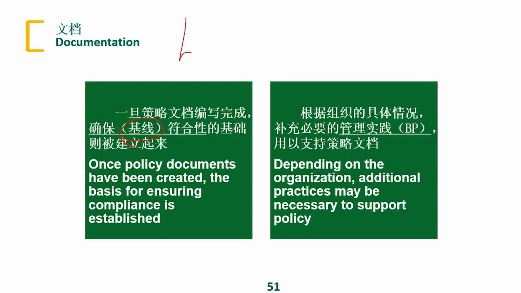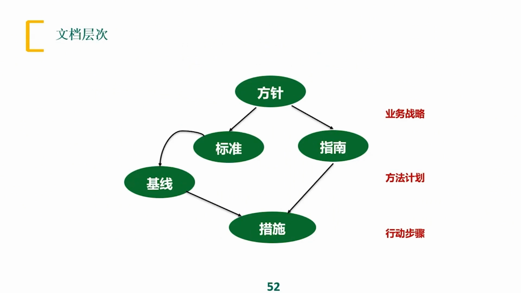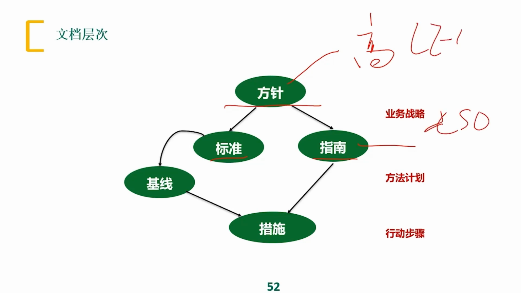This document mentions a baseline. What is the baseline? This is very important. We call it the baseline, which is used a lot in foreign companies. The so-called baseline is a line that has been drawn. You can look down. We just mentioned that the policy comes from the top management and the standards and guidelines come from our security department, that is the CSO. This is like the CEO setting the tone. So what about the CSO?